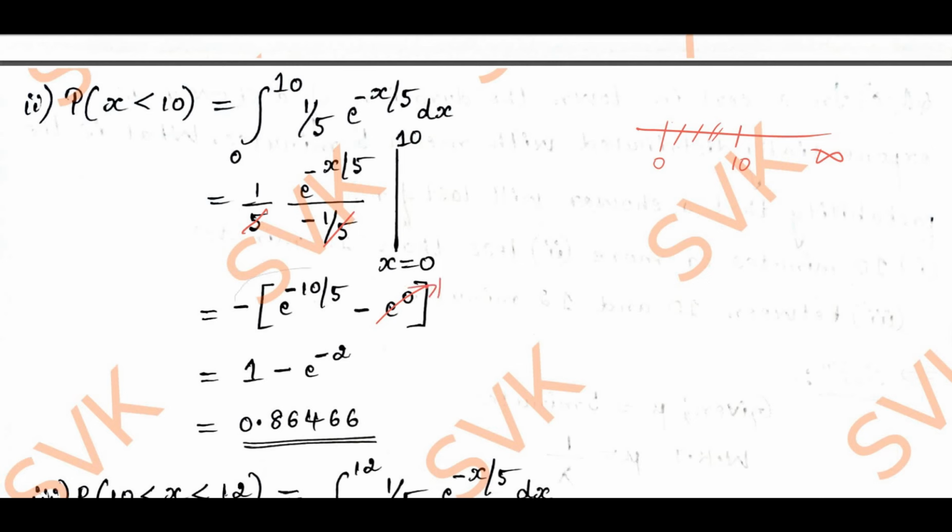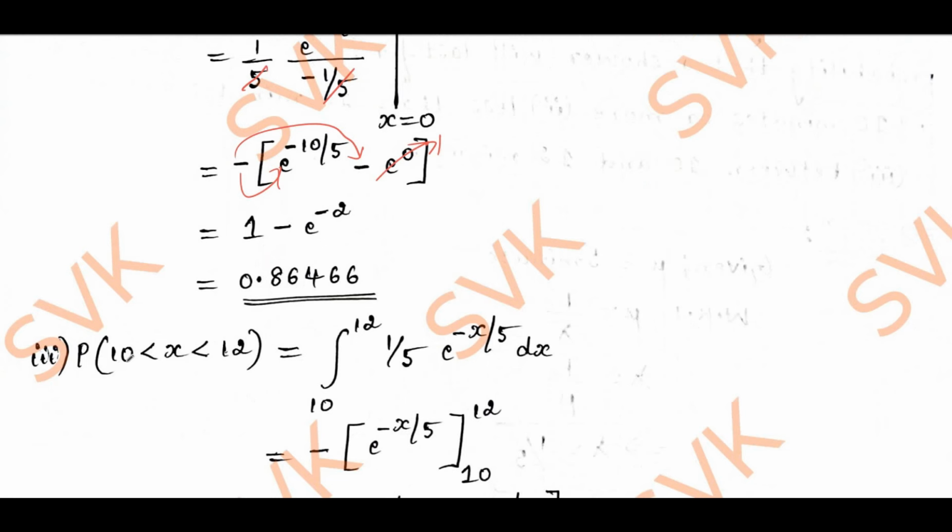So minus into minus plus 1, minus into plus is minus, e power minus 2. Simplifying this using a calculator, we are going to get 0.86466. This is the value for the probability of x less than 10. Similarly, to find the probability of 10 less than x less than 12, as it is a continuous function,